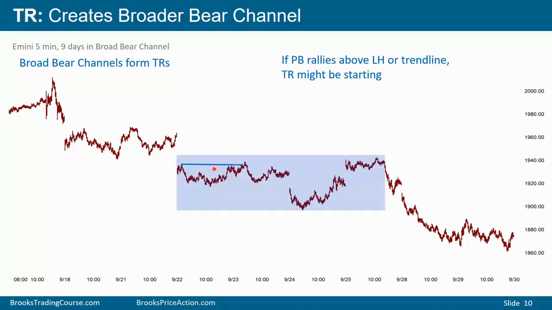As soon as you break above any kind of a major lower high, this is not all that major, this is more major. But in any case, as soon as the market breaks above a major lower high like here or here, the market is no longer in a bear trend. At that moment, it's in either a bull trend or a trading range. However, if it reverses down strongly, it's then back to being in a bear trend or a trading range, and the bull trend is over.